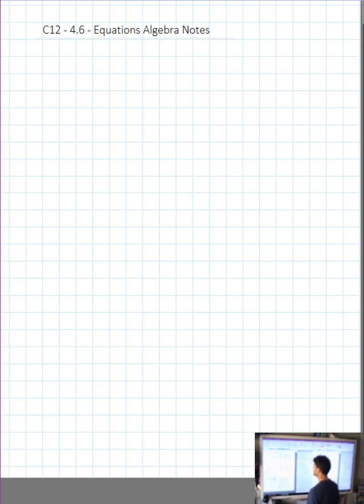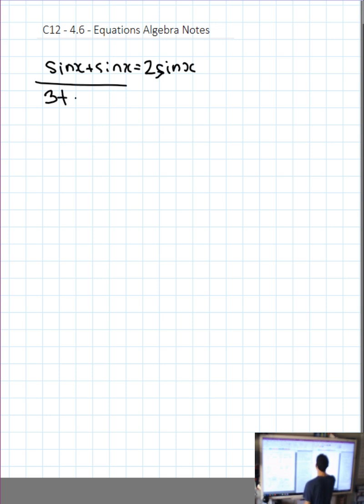Okay, let's take a look at some more equations with some algebra. So first we're going to introduce sine x plus sine x is equal to 2 sine x. In the notes, 5 cos x minus 3 cos x is 2 cos x, adding and subtracting like terms. So what if I have an equation like